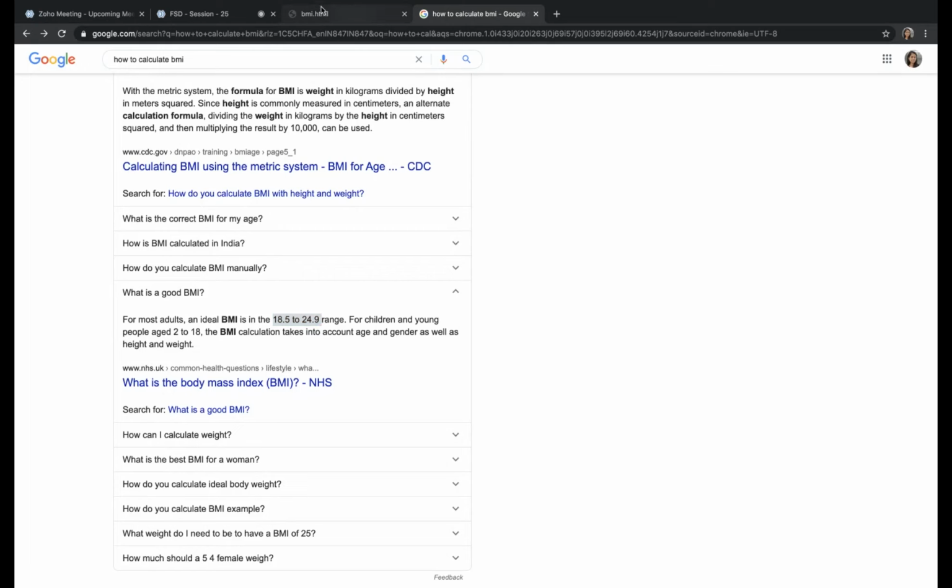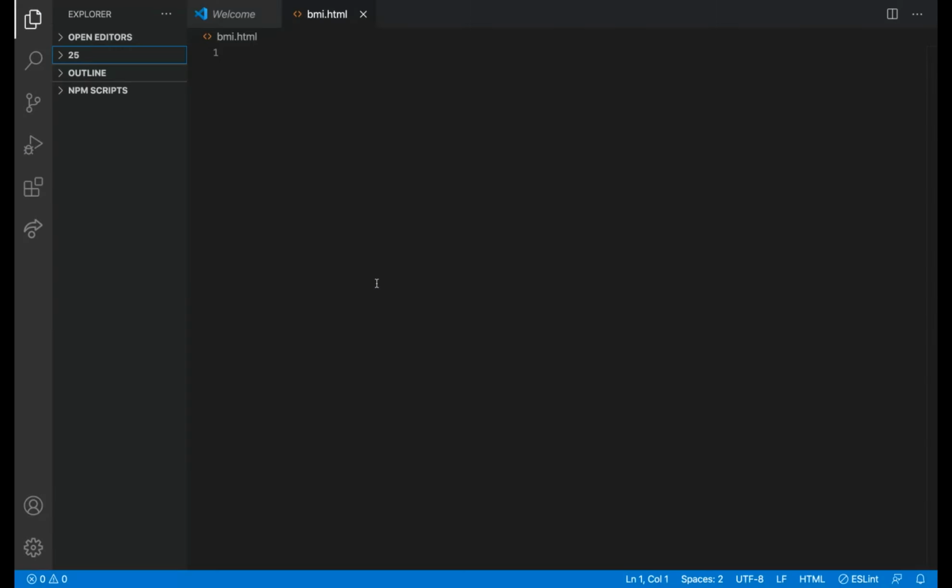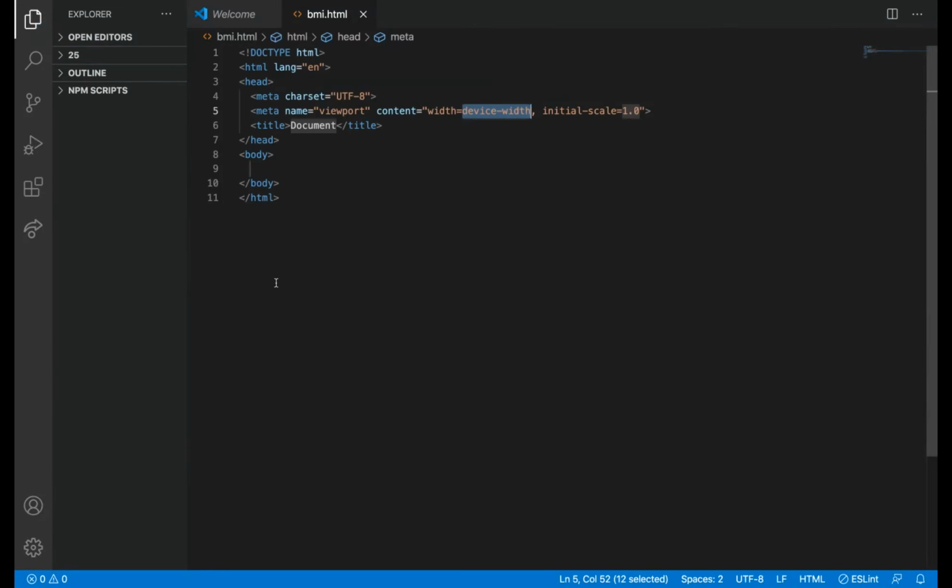Before going to these calculations, first we want a user interface for the BMI calculator, where the user is going to enter their height and weight. So first we will go to HTML.